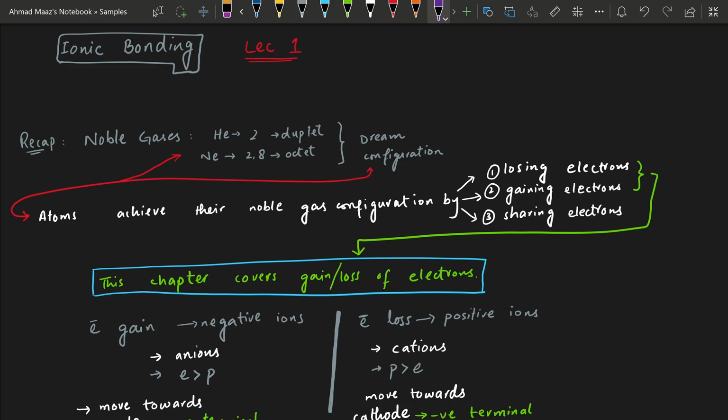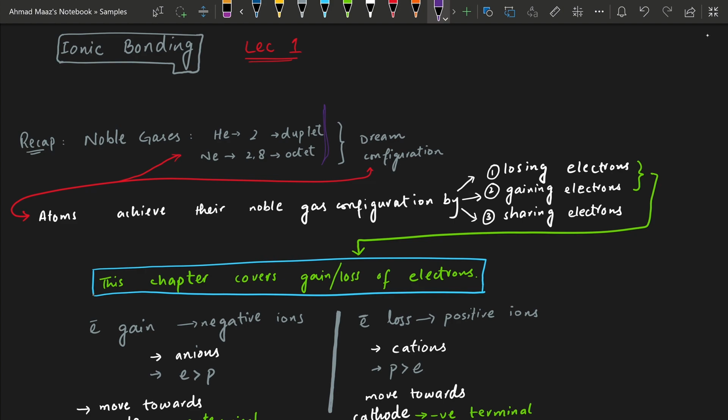Okay, this is the start of your second term of ninth class chemistry, and we'll start this with the types of bonding. The first bonding that we'll study in this chapter is ionic bonding. Before we get into the guts of this topic, we need a little background on what noble gas configuration was. Now we know that noble gases have their duplet or their octet complete,